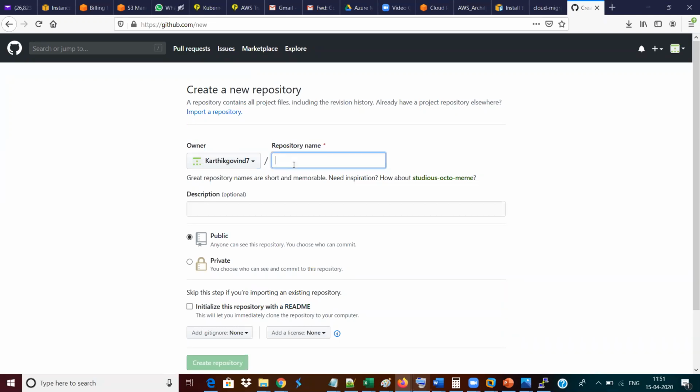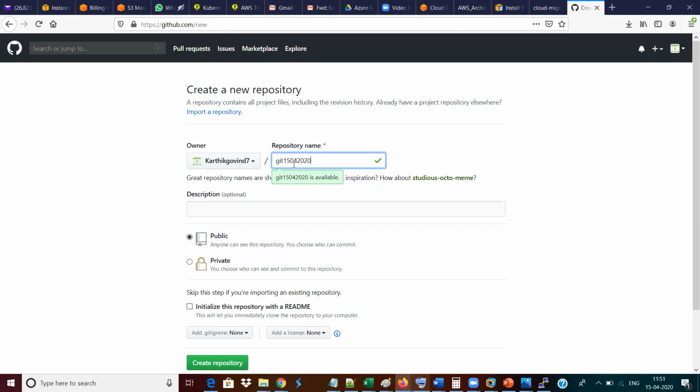Okay, so check out here. Here I'm going to create a repository. I will create the repository with today's date, 15/04/2020. You need to give a unique name for your repository, and the repository name is mandatory. Already, if one repository with this name is available under your account, it will not be allowed.